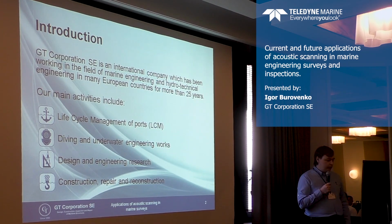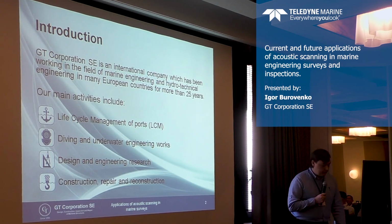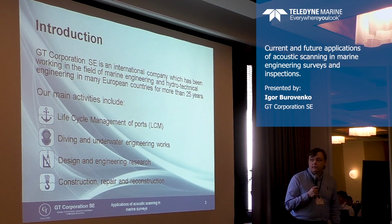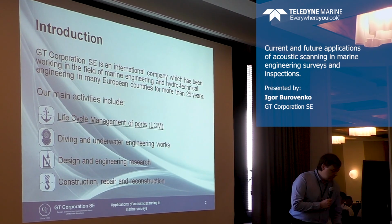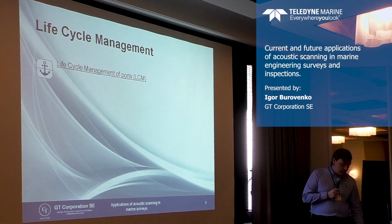So, our company works on 4 main directions. The life cycle management of ports. This term describes the life of the port from its construction till its deconstruction, its utilization, its annual service. We also do diving, design and engineering, construction, repair and reconstruction. The underwater scanning obviously falls into the first category, and I will describe a little bit what goes into